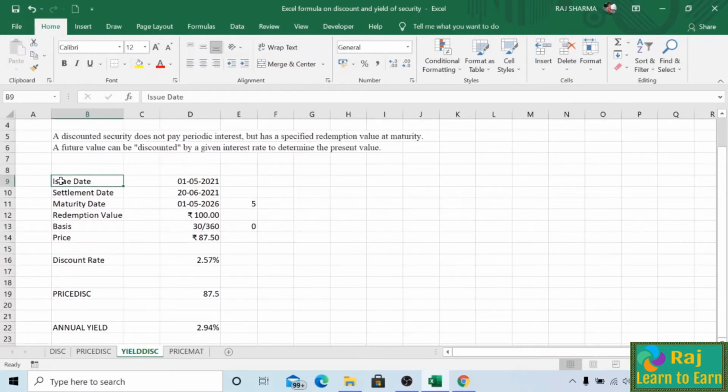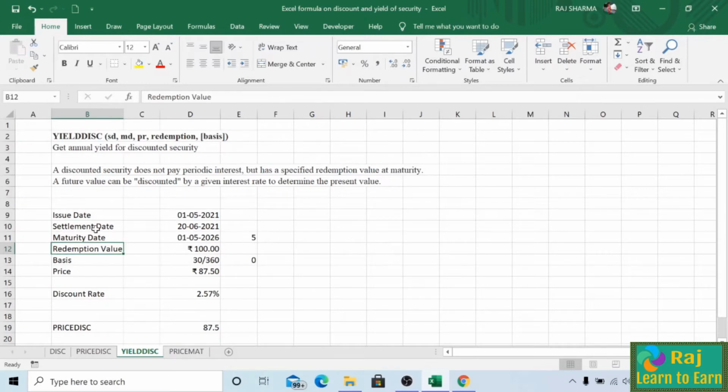Assuming that a bond is issued on 1st of May 2021 with a maturity date of 1st of May 2026. That means the tenor of the bond is 5 years. This bond has traded and the present investor has got this bond on 20th of June 2021. That is the settlement date. Redemption value is the final price which this present investor is going to get on the maturity date, that is